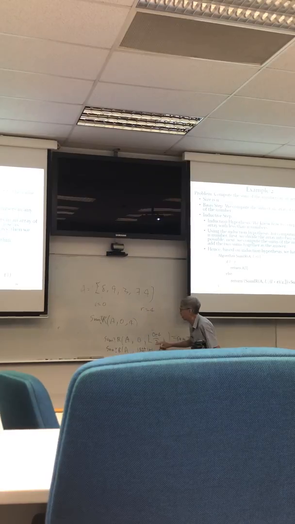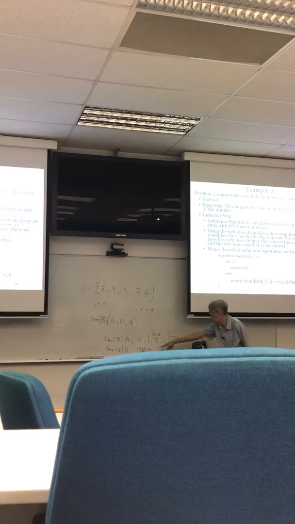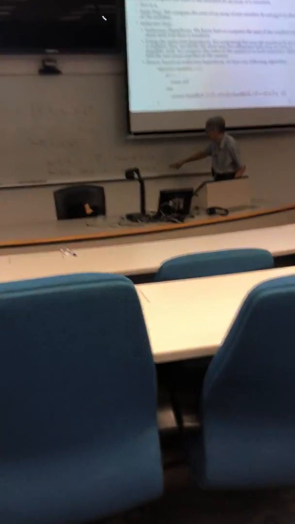The last one is R. R is 4. So the last part is sum of A. This is 2. 2 plus 1, 3, 3 to 4. So these two sums will be added up together. That means the first one you will calculate the sum from 0